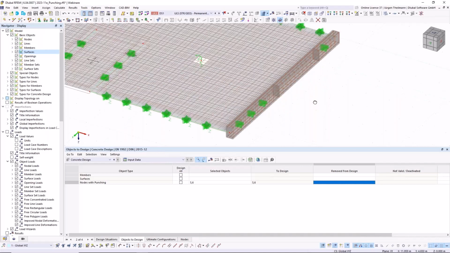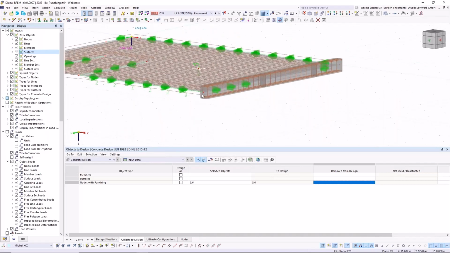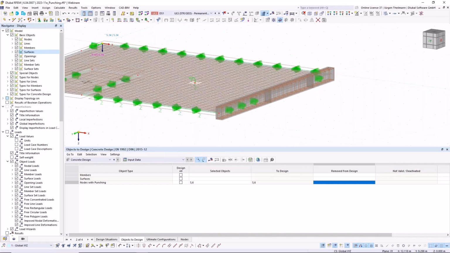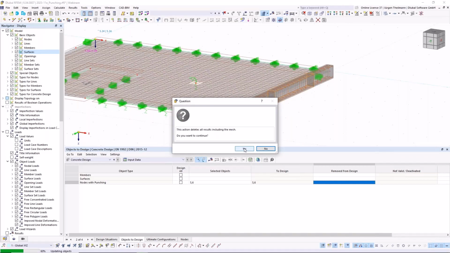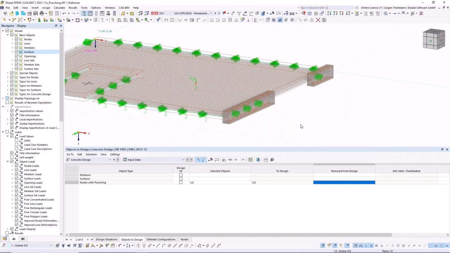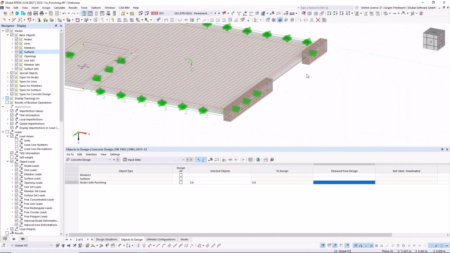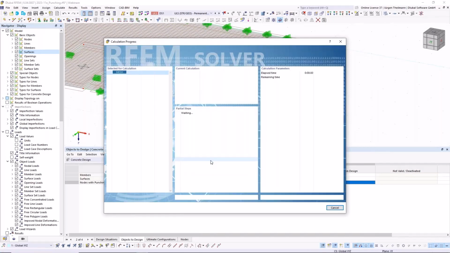And I zoom in and you will see, oh, there's a member going through at the corner of this slab, and this is now hindering me from performing the punching design. I just delete this member out, so maybe this has been forgotten to delete, or maybe it's there and then you actually don't have a node for punching. I just delete this middle part, start the calculation.